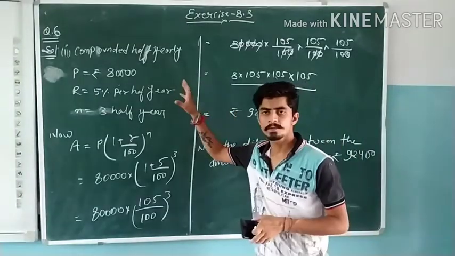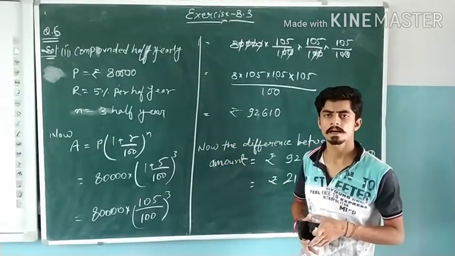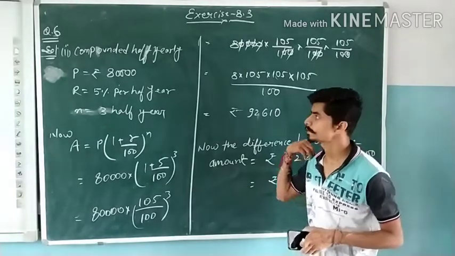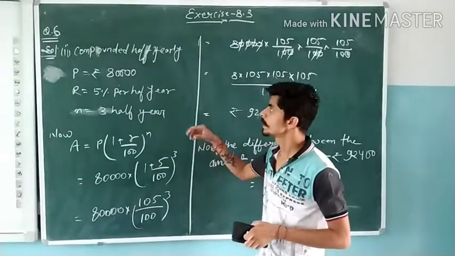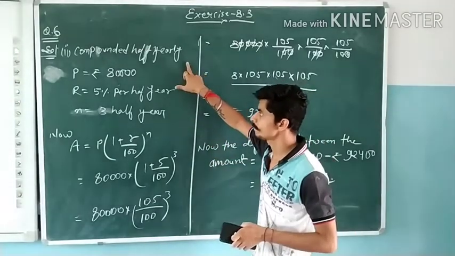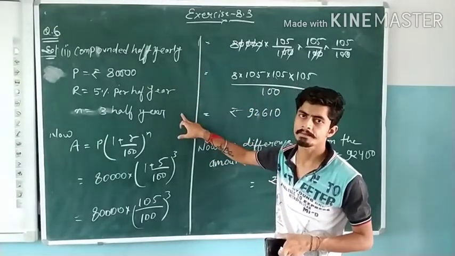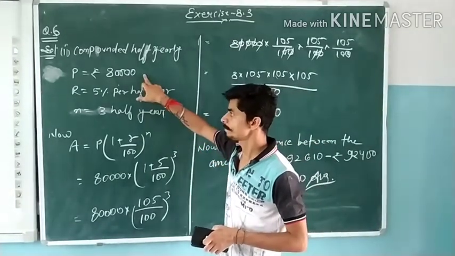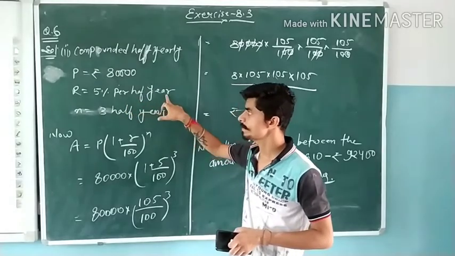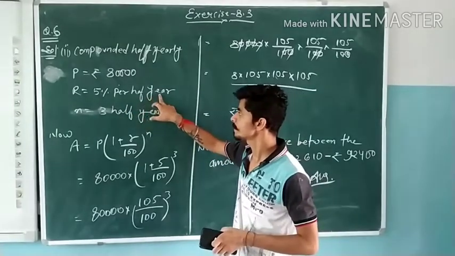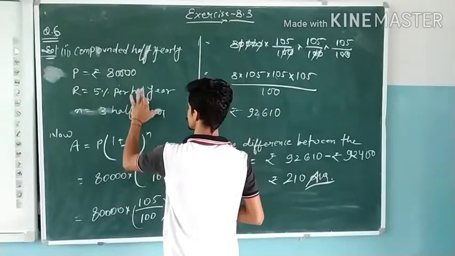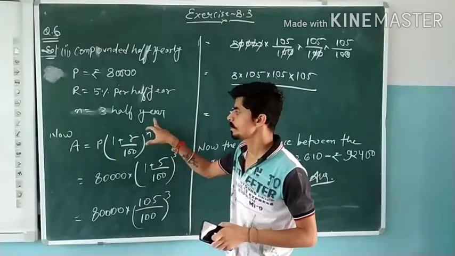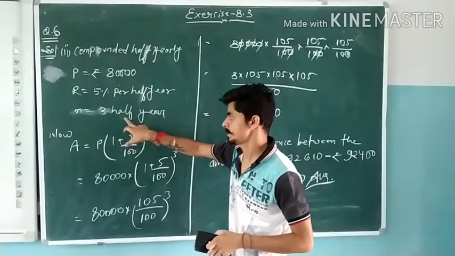Now compounded half yearly. If the same principal, rate and time are compounded half yearly, then what amount do we get after the given time? In this case, when it is compounded half yearly, the rate will be halved and the time will be counted in half years. So principal will be the same. Rate was given as 10%, but in the half yearly case it will become 5%. Time was 1 1/2 years, that means 3 half years.